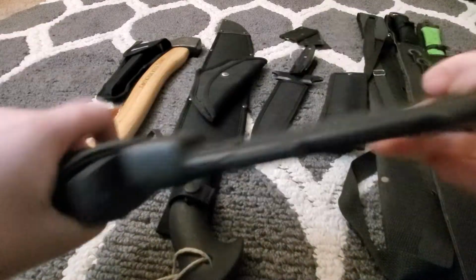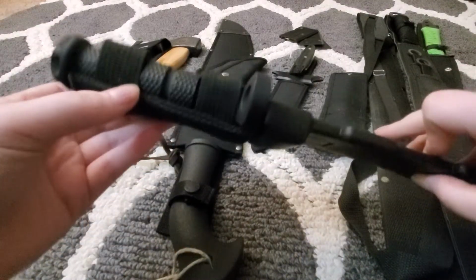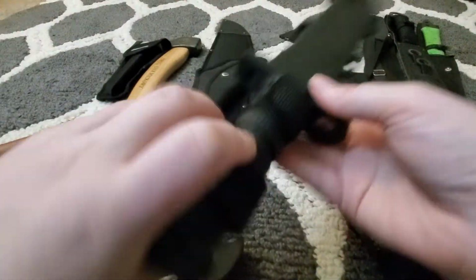Almost forgot. Okay, so this one's just your average knife. It's got a little thing for your belt. It's got this thing, and then you just...